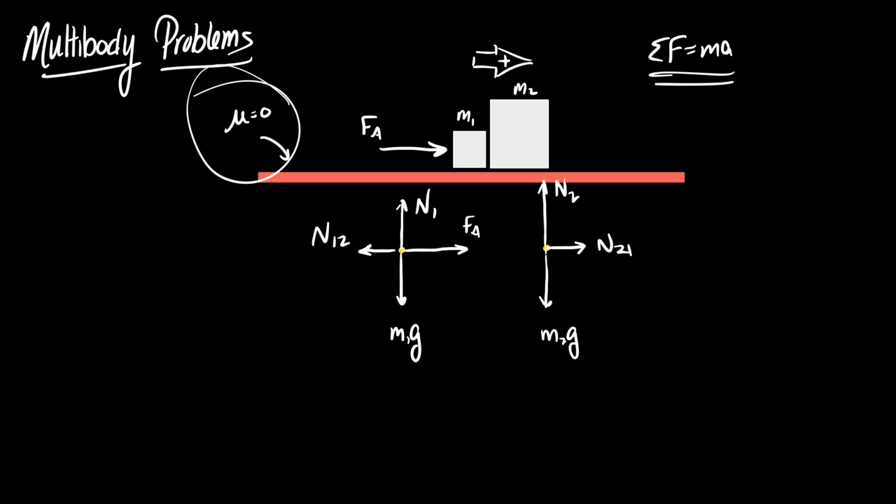So box 1, net force in the y direction, 0. So N1 equals M1G. Not a surprise. But net force in the x direction equals, and be careful here, you're going to screw this up, and I don't want you to. It's M1A. We're dealing with box 1, so use box 1's mass here. Be careful about that stuff. You will make this mistake. I'm trying to make sure you don't. So think about it. Write it into your notes.